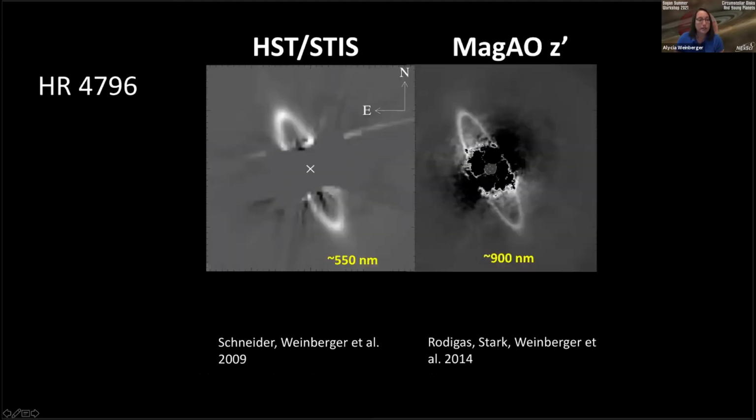So I'll just show you that this actually works. Here's an image taken with the Hubble Space Telescope using that reference star subtraction technique that I showed you first. And here's an image of the same disk. You'll recognize this HR 4796 if you happen to be in one of the groups doing that for your hands-on workshop this afternoon. And here's that same image taken at a slightly longer wavelength with the Magellan adaptive optics system using that principal component analysis removal. So that's how we actually observe disks in scattered light.